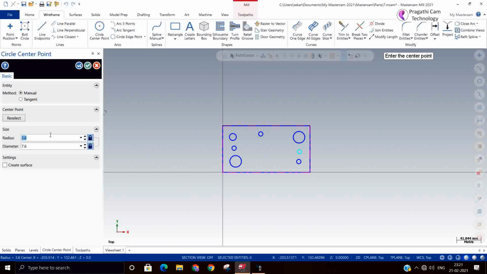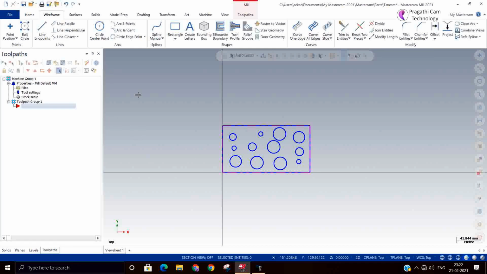So next, 14 diagonal. Okay, so 22 diagonal. A group of holes I have made.